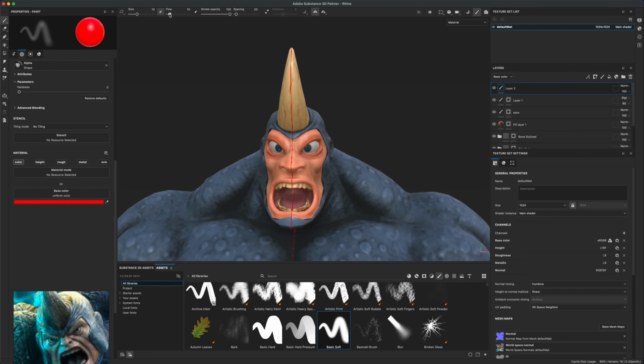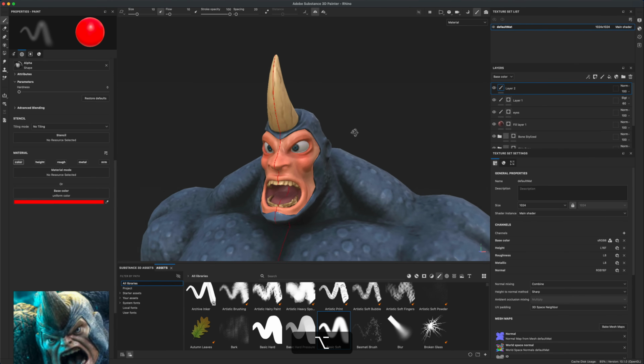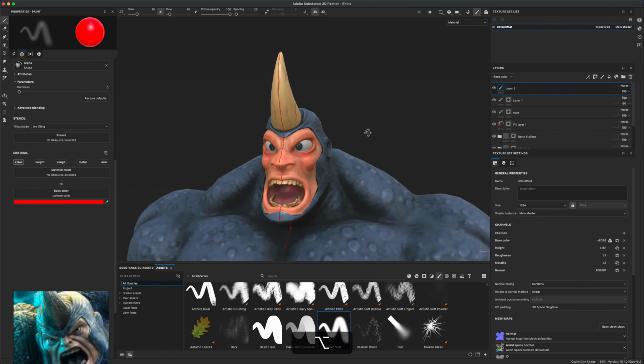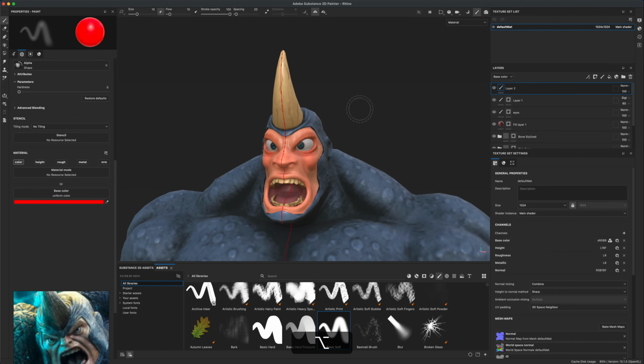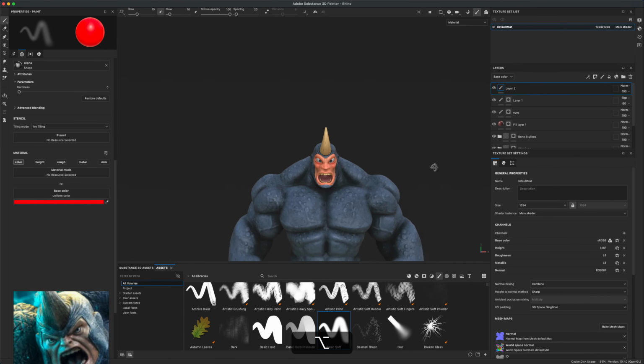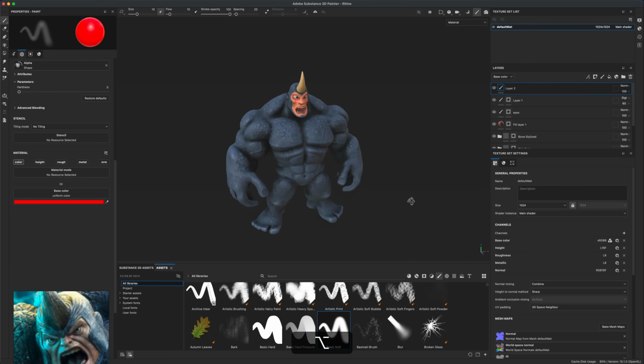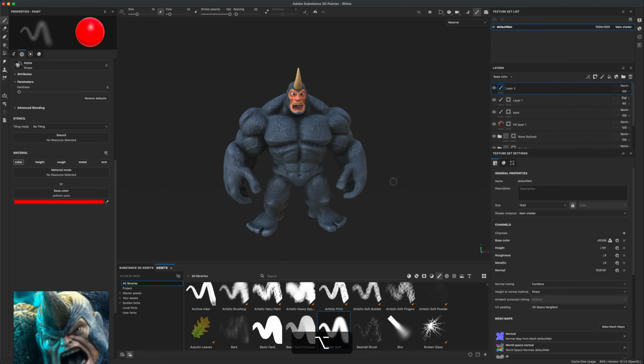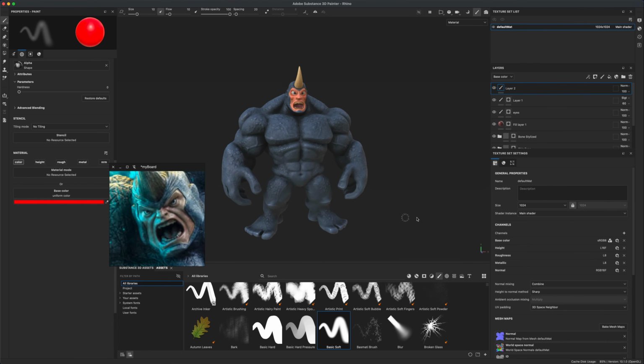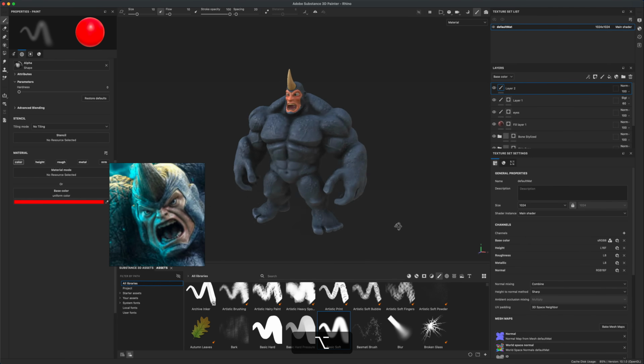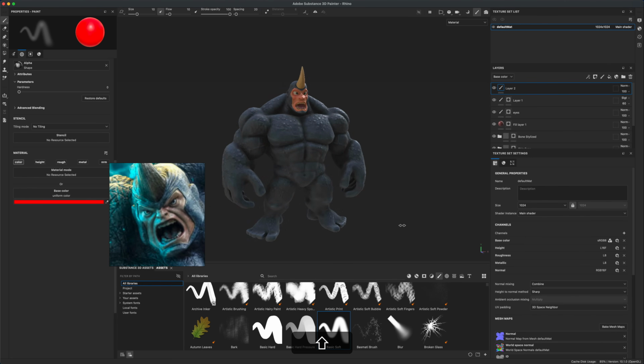And it's a little too much, right? So let's adjust the flow. And you can see that's going to give it kind of a nice effect right there. You can spend as much time as you want on this, but I think I'm pretty happy with this, right? I think that looks good. If you wanted to do a quick preview, you can of course jump into iRay and see how that's looking in Substance Painter. I think what I'm going to do is bring this next into Maya,